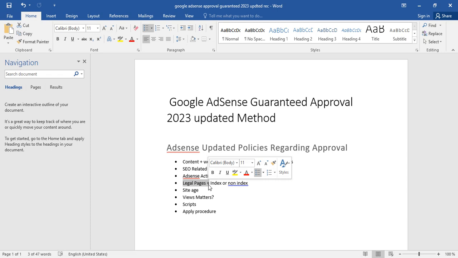Write those by your creative mind. Don't use plagiarized content here, as I mentioned already. These are the necessary requirements for Google.